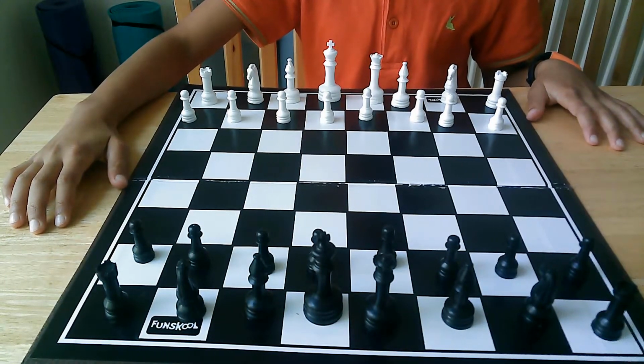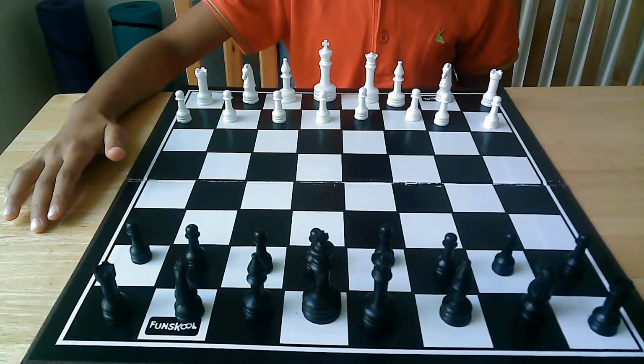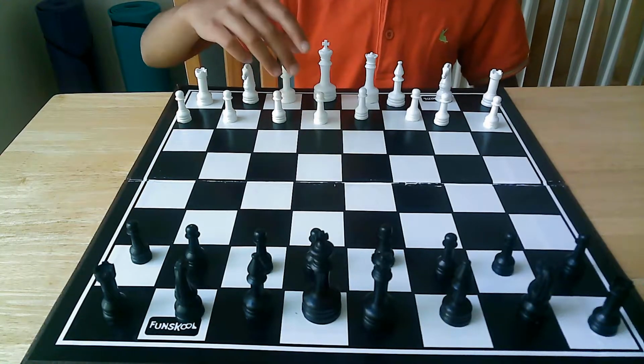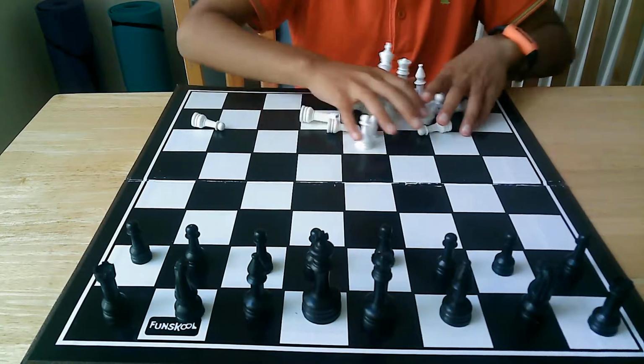Well, the first chess mistake. And this first chess mistake is the most common out of all, and it is stalemate. Because stalemate means a draw. So, let's say if we were playing a game,